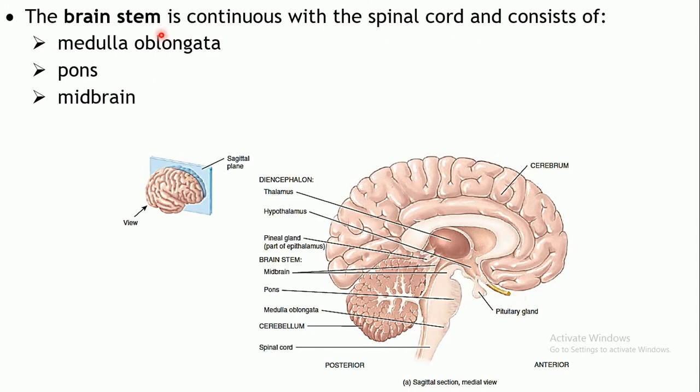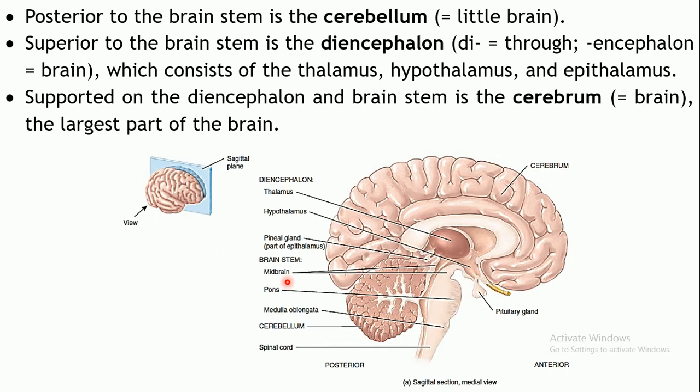Now, coming to the brain stem. This brain stem, which forms the inferior part of the brain, is in continuation with the spinal cord. That's your spinal cord. Remember, the spinal cord extends from the medulla oblongata. That's what we had discussed, right? That's the medulla oblongata, which is a part of the brain stem. So the inferior part of the brain stem is the medulla oblongata. The middle part is known as the pons, and the superior portion of the brain stem is called the midbrain. So these are the three parts into which the brain stem is divided.